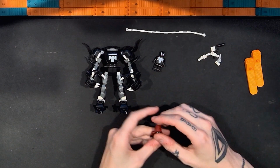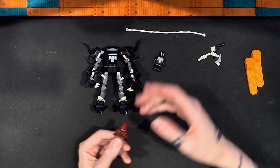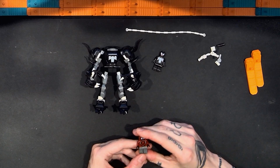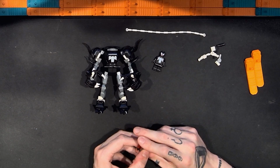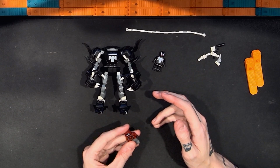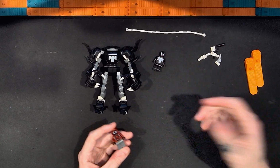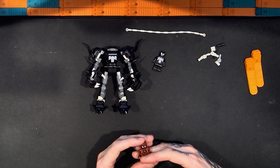This is the Venom Mech vs. Miles Morales. It's a villain mech, and maybe Lego or Marvel or whoever was insistent that there must be a hero mech in this as well, even though they did a Stormtrooper mech and a Darth Vader mech. That might be a little bit different, but I think Venom could have a mech on their own and it'd be a good set. But also you get 2 minifigures here, so